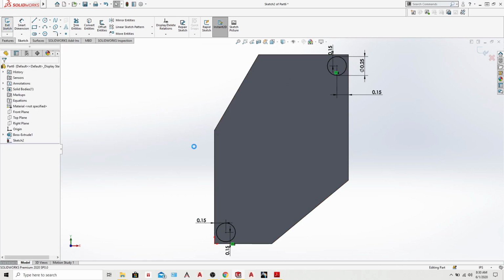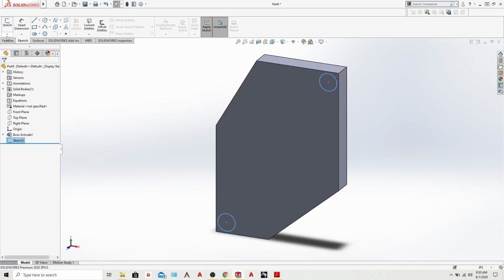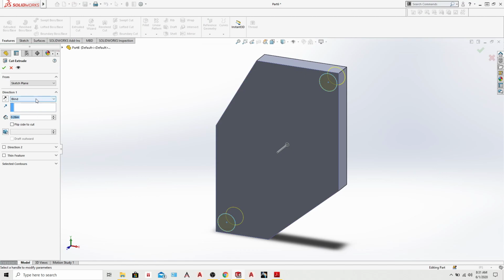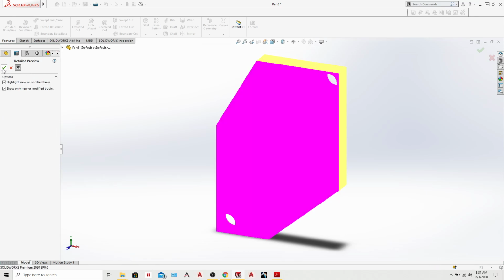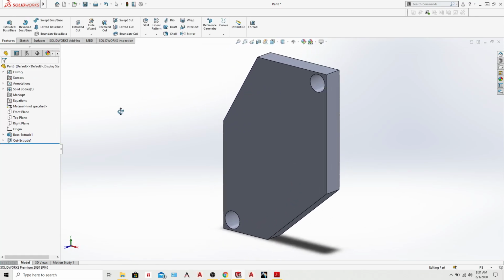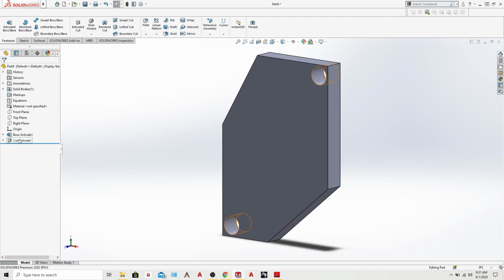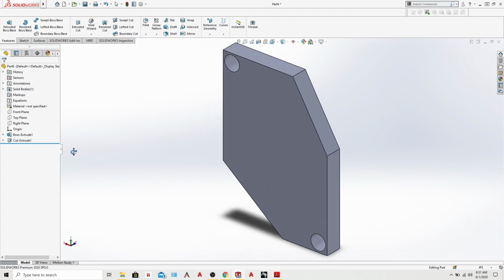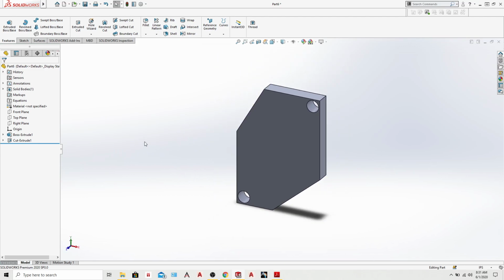I'll exit the sketch and go to features, go to extruded cut. In the direction you can preview it, so let's say preview. Okay, if you don't want it to go through hole fully, you can change the value, right? So that's it in this tutorial, the very first SolidWorks beginner tutorial, where